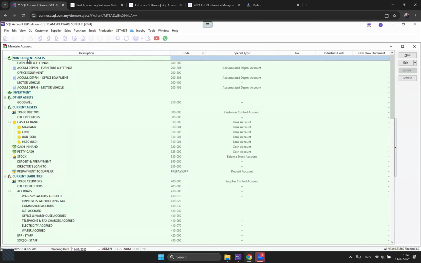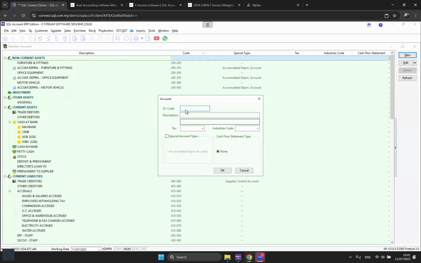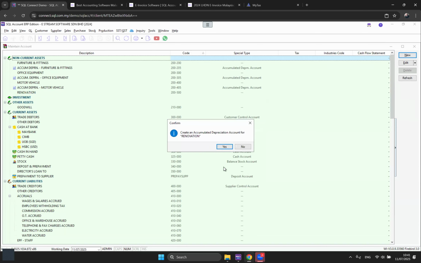So if I want to create a new account code, I click on the non-current asset and then I click new. Okay, so this information you have to fill in. You have to check the sequence. Now it's until 200-400, so the new one will be 500, which is the renovation. Click OK. So you see the new one, renovation 200-500, will fall under the non-current